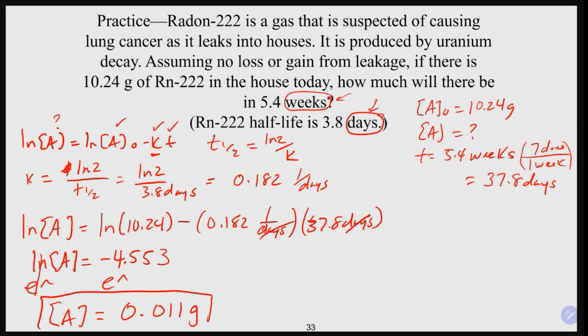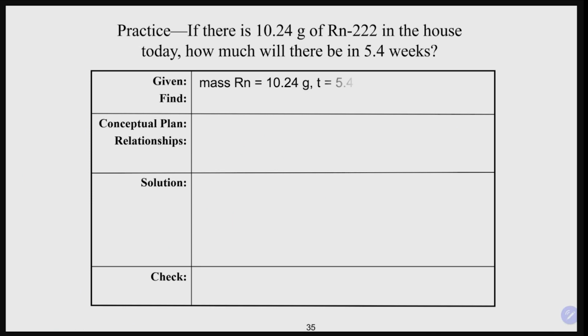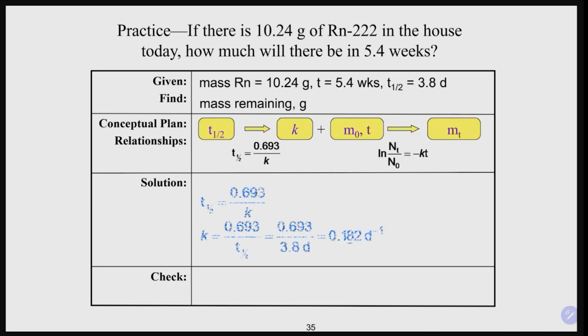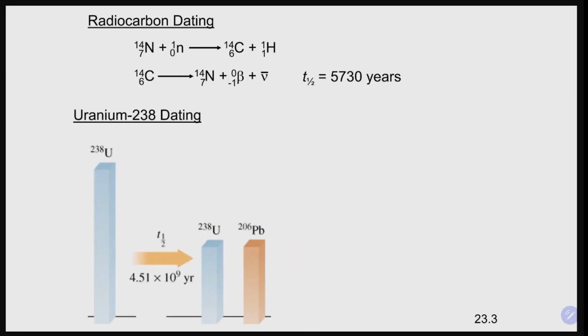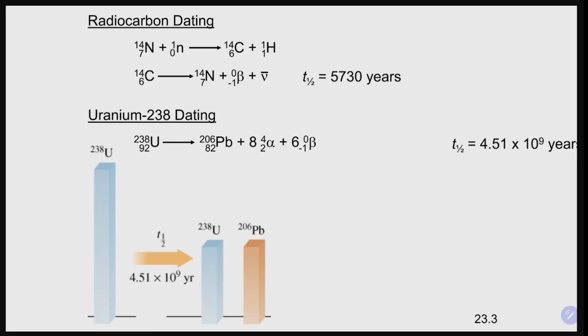All right, then let's talk a little bit about how we could also use our kinetics here to figure out another one. We can also use it for things like radio dating, or radioactive dating, by basically figuring out, for example,